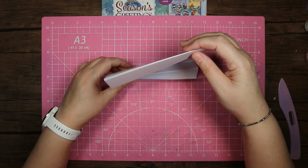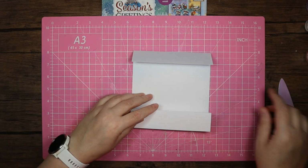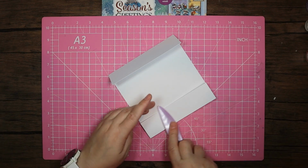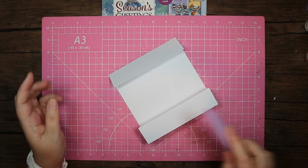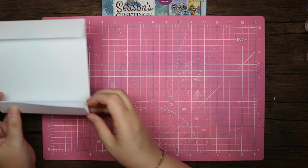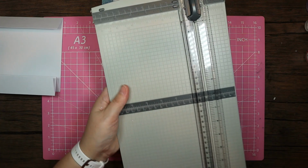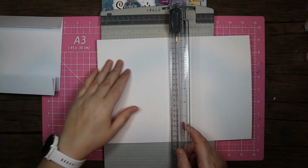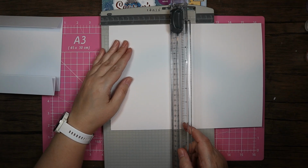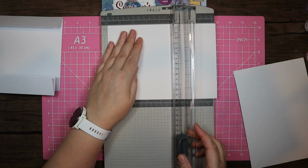So the actual card itself will sit like this. I'm hoping once we've got all the layers on that it's going to sit up nicely for us. If not, we will back it onto a card if we have to. Okay, so that's the skeleton for our card itself. So let's start with, I'm going to go with the layer on the inside first of all. So you know, if you've been watching any of my videos, 2 notches under the 6. So